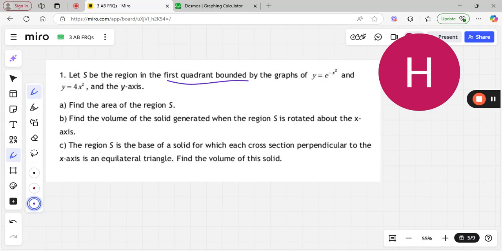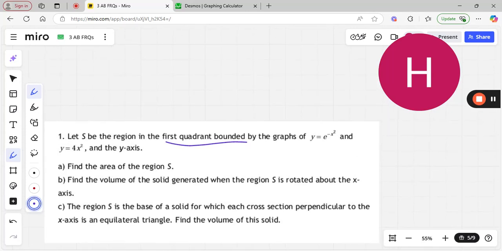Alright, so we have this region in the first quadrant which is bounded by these two graphs. Now you should know what these graphs look like, regardless of whether or not we have to use a graphing calculator. The fact is that this equation here is the equation for something kind of like a bell curve. It has sort of like a hill to it,